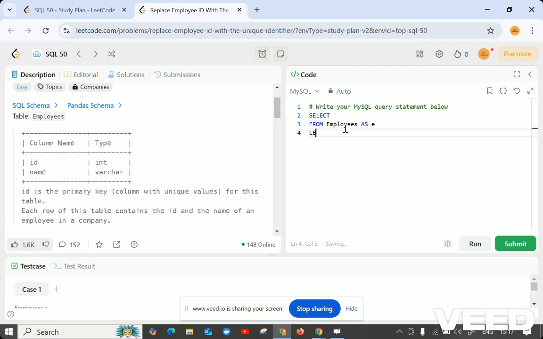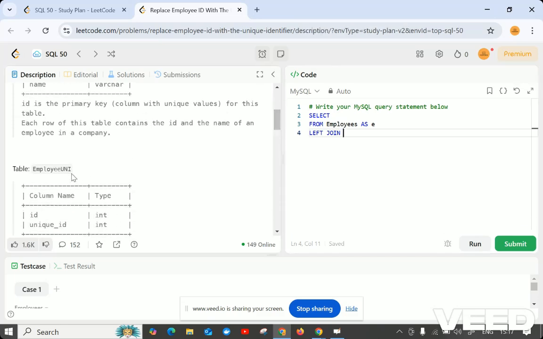As of now you understood why I am using left join, because I want all the employees along with their unique IDs, right? So that's why I'm using left join. Left join means the table mentioned on the left comes completely. And then I'm giving an aliasing name for this also, EU, for employee unique.